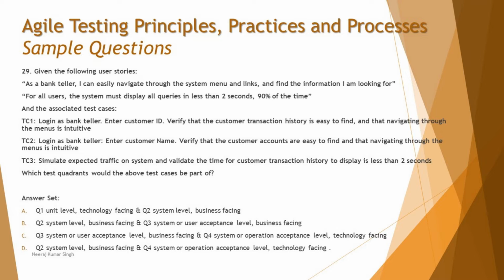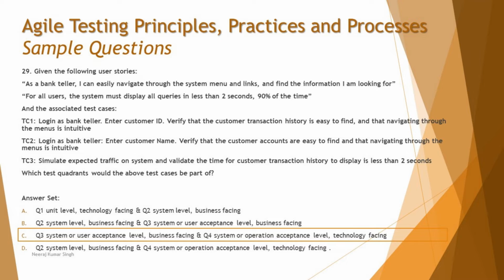So Q2 is system test level, so it does not go into that, and Q3 would be something more relevant here, and Q4 will be the performance test scenarios, which are the additional non-functional levels that will be conducted in quadrant 4. So of course the relevancy is going to Q3 and Q4, and in that context the right answer here is